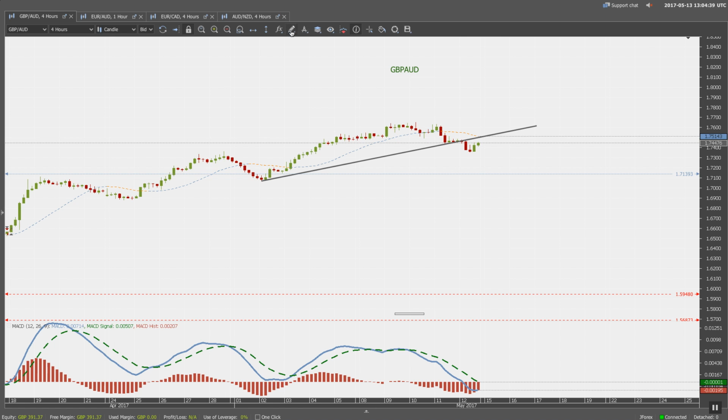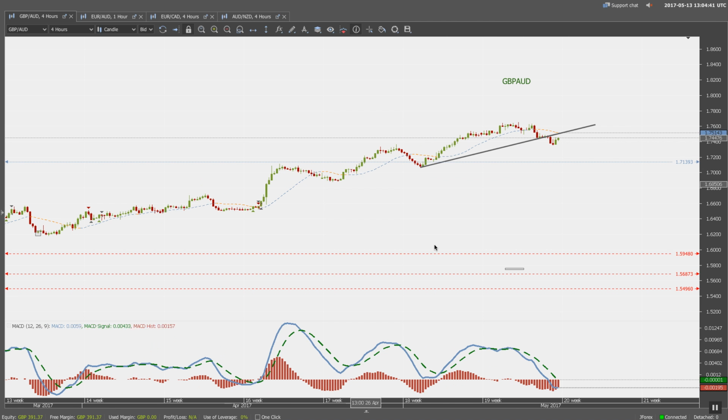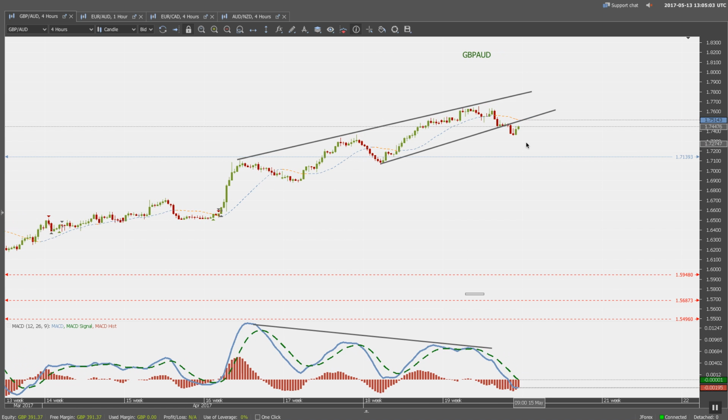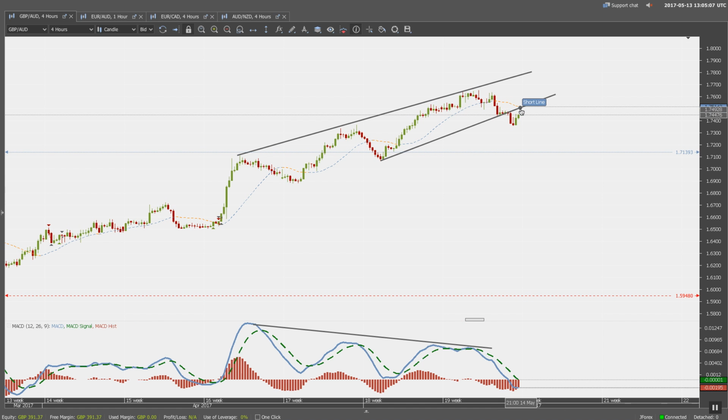We have clear divergence right here. It goes all the way back from April 19th. There's our channel. Channel has been broken. There's the retracement. Expect the market to retest this level of resistance up here, and then